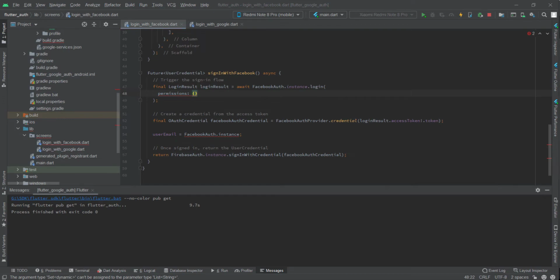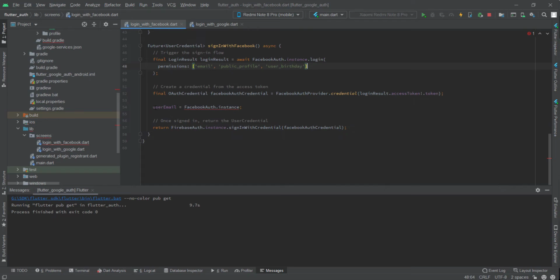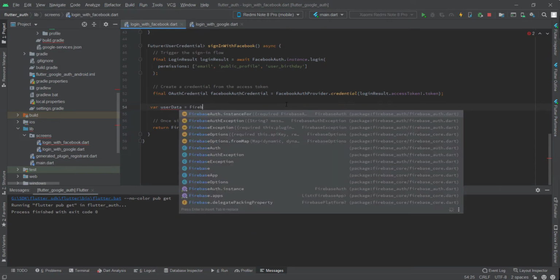Yeah, okay, so just add these lines and it will show you, when the pop-up shows to the user, that you can log in with this account. So it will show that this app will need access to your email, public profile, user birthday. So that's like this, and after that we need to get var user data and Facebook auth